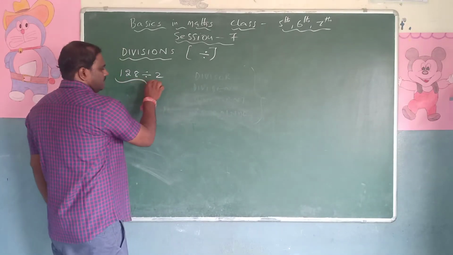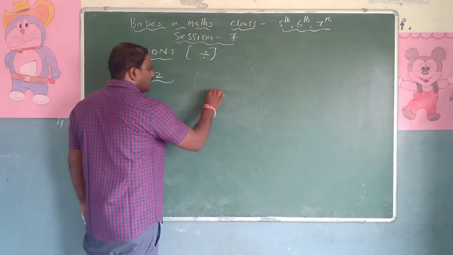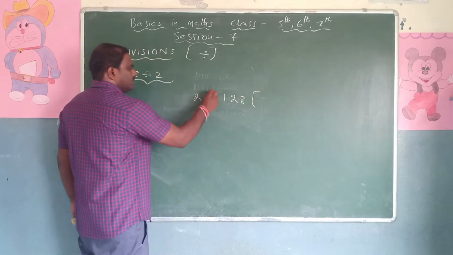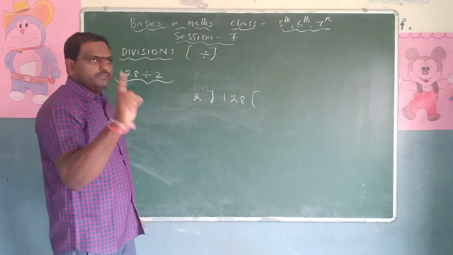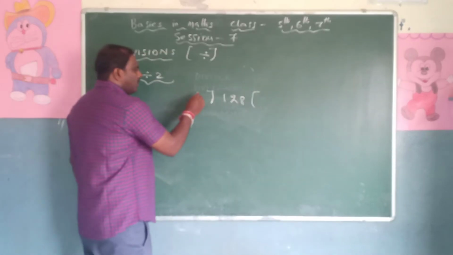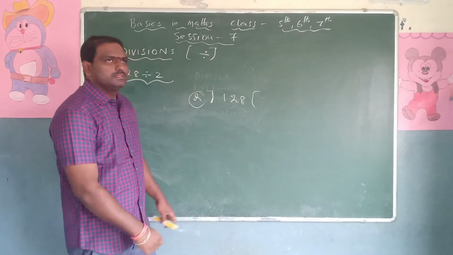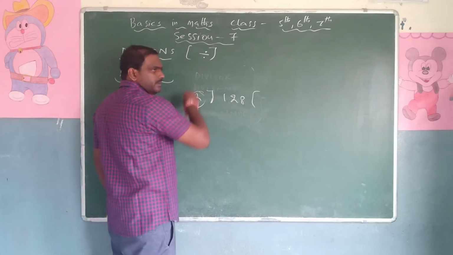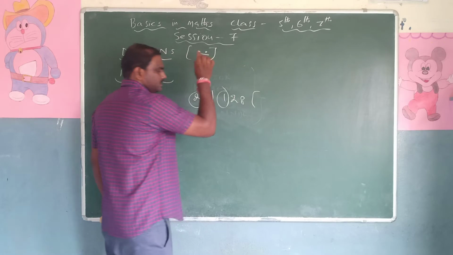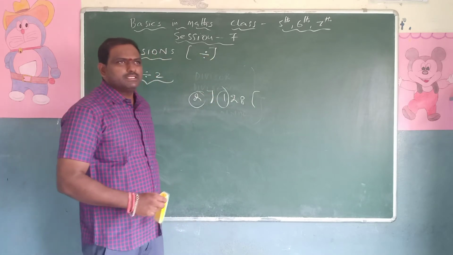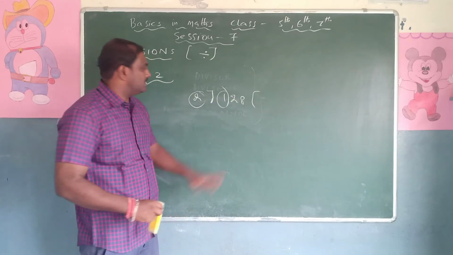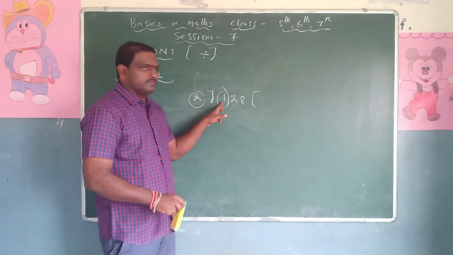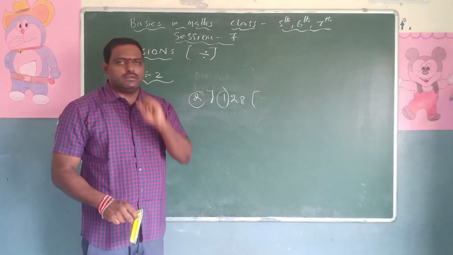So the question is given, right? All will write 128 and they will start. First point you have to remember: how many digits are there? One digit. So in the given number, you have to take the first digit. Generally, in multiplications, additions, and subtractions, we start from here. But in divisions, we have to start from this one. That is the first point we have to remember.